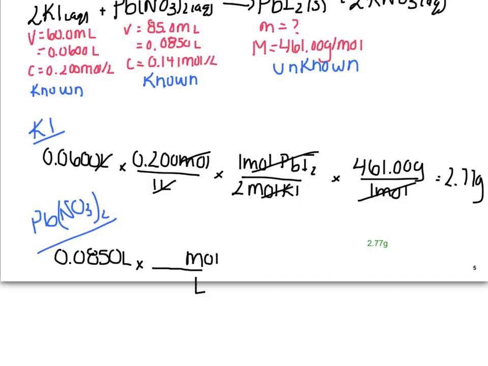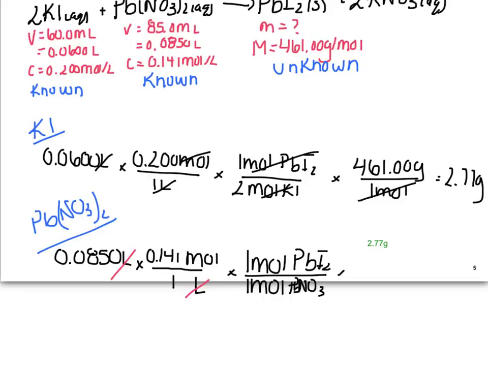Moles per liter is concentration, so 0.141 moles per 1 liter. Liters have canceled. We're at our mole ratio, so we'll have 1 mole of Pb(NO3)2 per 1 mole of PbI2, and our moles of Pb(NO3)2 cancel,